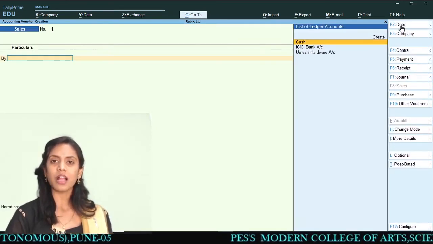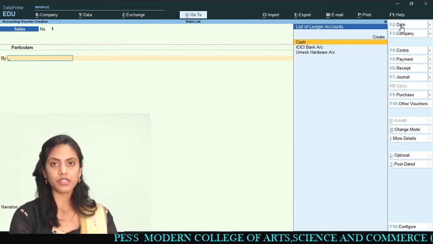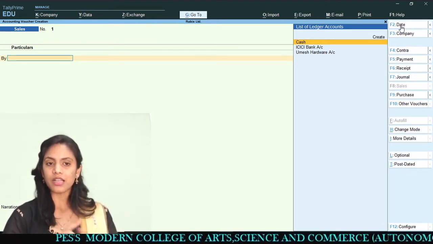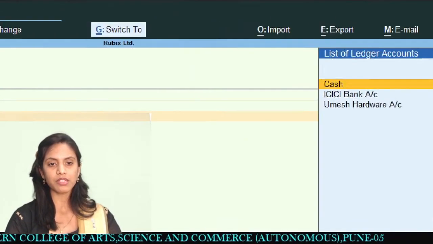Okay, so Mr. Sagar has purchased some goods from us, so we have sold some goods to Mr. Sagar. Now Mr. Sagar's account is not there. You can see that you want to debit something, right? You want to debit something.